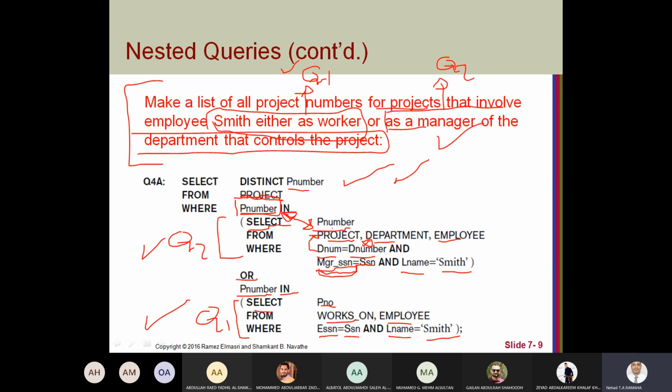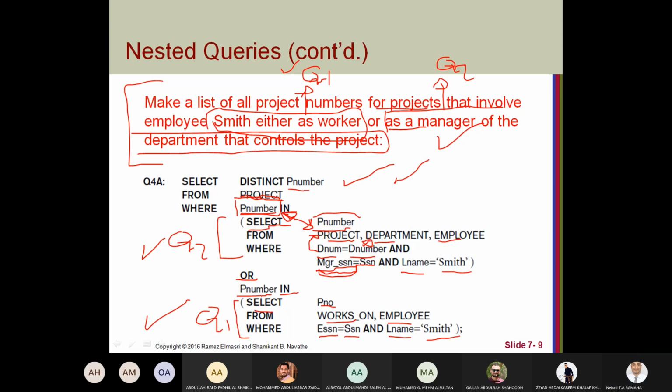So the inner subquery should return project number also. It could be a different name, but it should be the same type, or type compatible. So you are comparing project number with the project number returned from query 2.